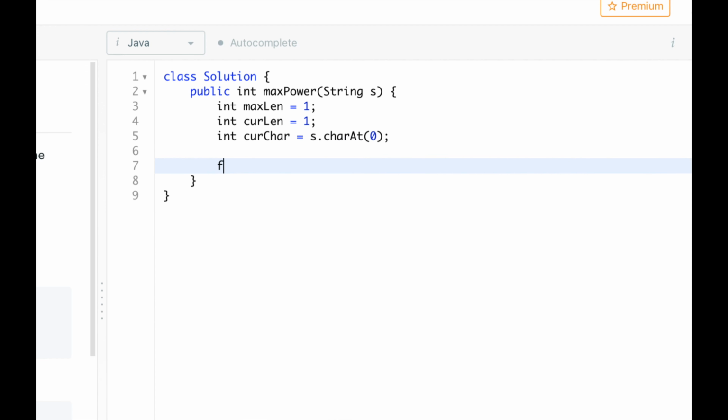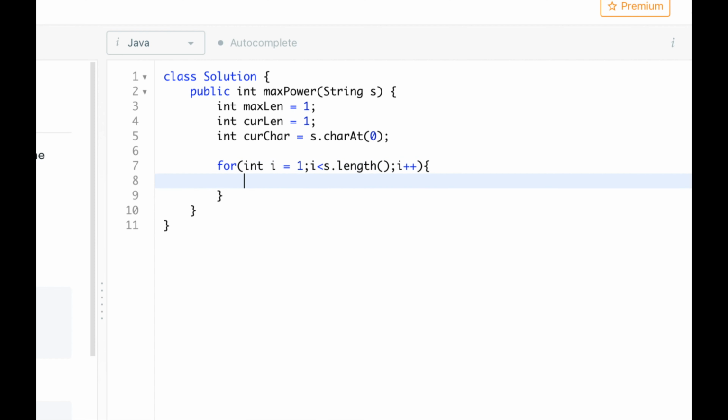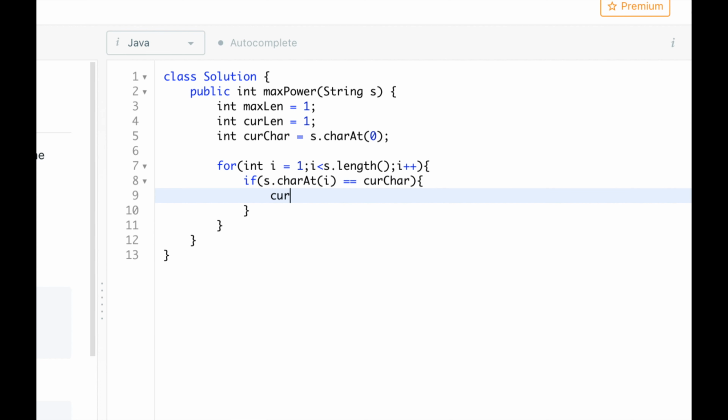I will iterate from 1 to n minus 1, for int i equals 1, i is less than s.length, and i plus plus. You will check if s.charAt(i) is equal to curChar, it means you have to increase the current length, right?